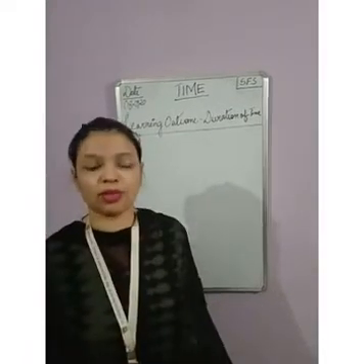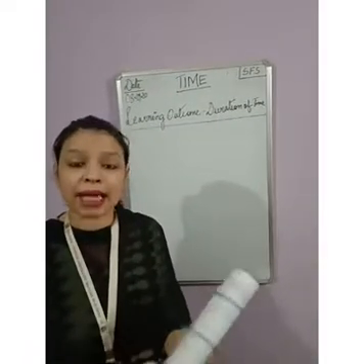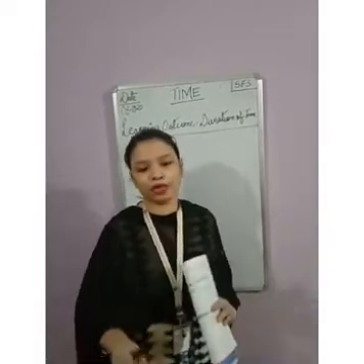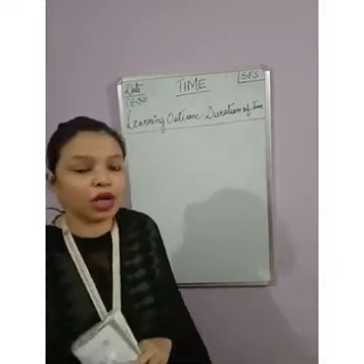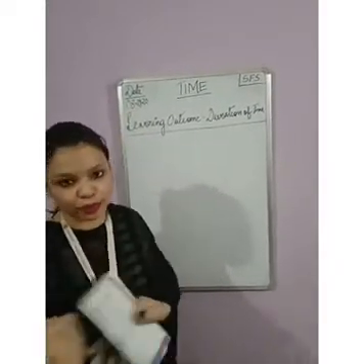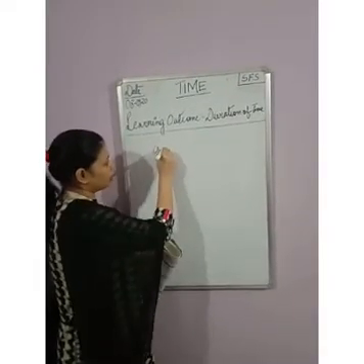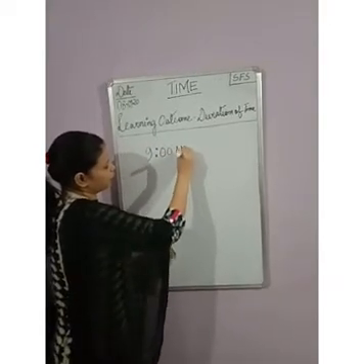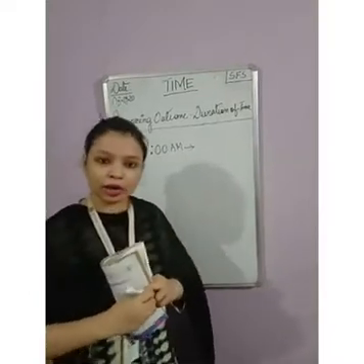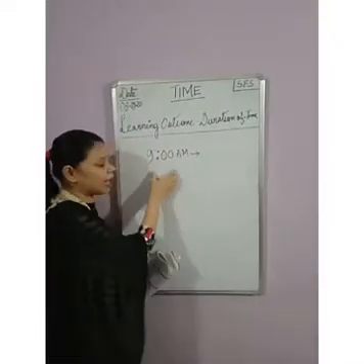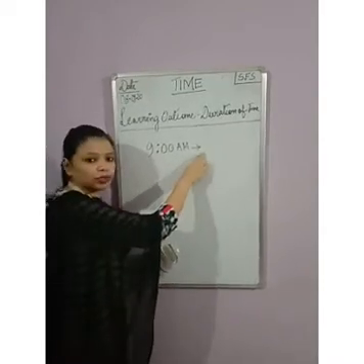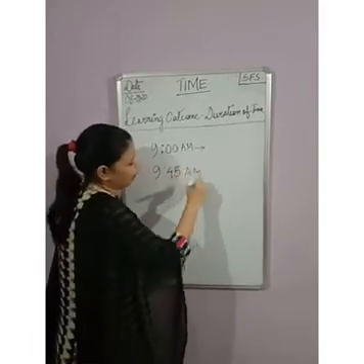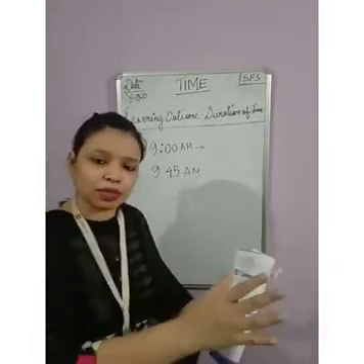Duration of time. What do we mean by duration? The duration is the time between two given times. Okay, so how do you know what the duration is? Suppose you have gone to a mall. You have moved out of the house at exactly 9 o'clock in the morning, and you reach the particular mall you want to go to at 9:45 AM.